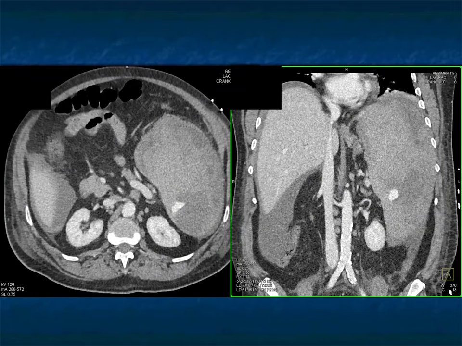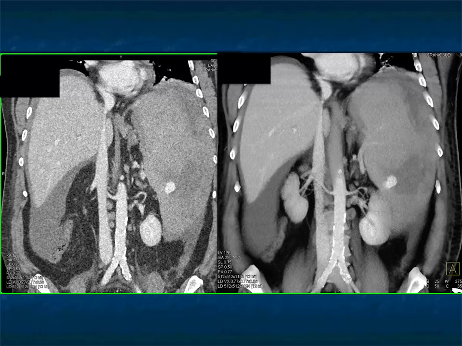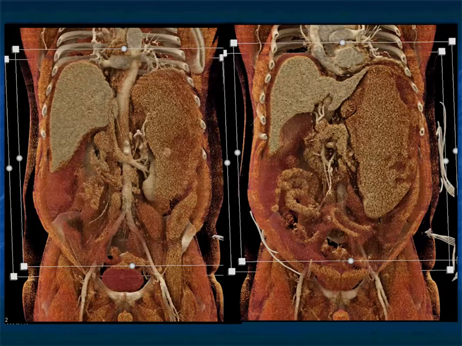We wrote an article, Yasrub and myself, a few months ago. It's in emergency radiology, of a bunch of interesting cases of spontaneous splenic bleeding without trauma. And it's worthwhile looking at that article. We'll give you some other good examples and some things to think about. But again, you may not see active bleeding like we do in this case. That's pretty infrequent. But it's obvious the spleen has ruptured, and this perisplenic and intrasplenic blood,